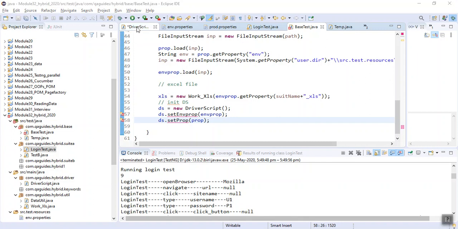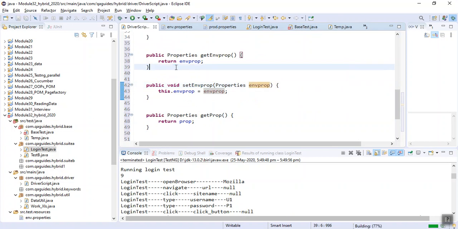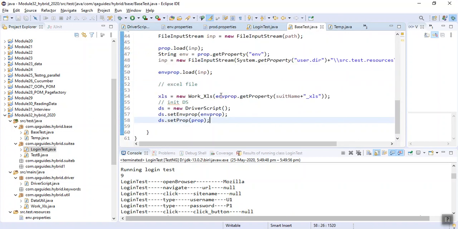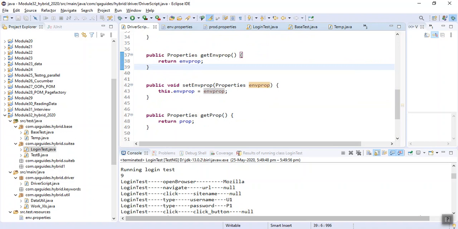I haven't saved my driver script, I have to save it. So now our environment property values will be sent to our driver script.